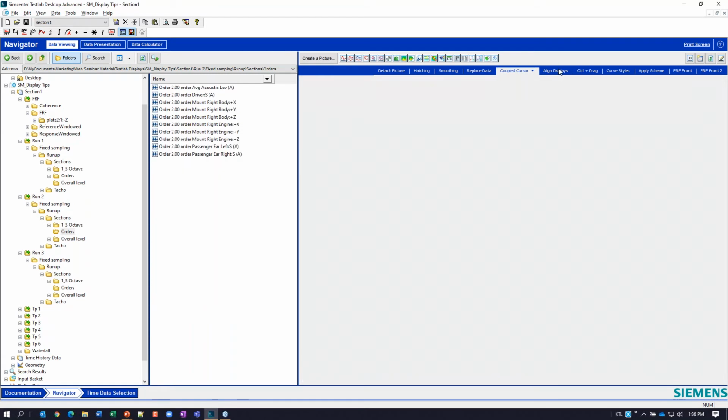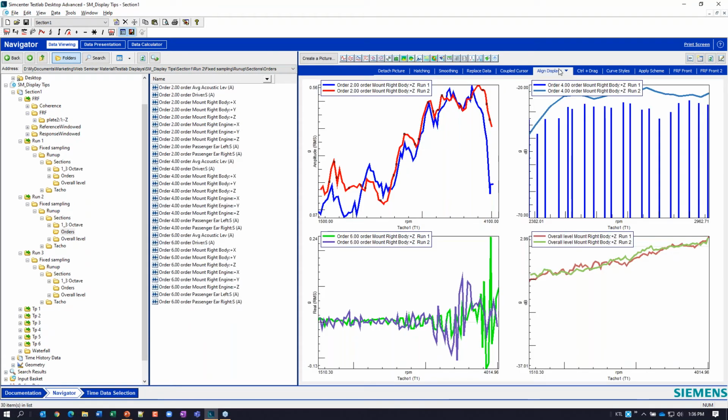To supercharge that, we can use something called align the whole display. So in this case, I've got 4 plots here, and I've got all kinds of stuff that's different, okay? I took extra effort to make it this different in terms of line types and colors and axes and everything else. But I'm going to show you how you can get to one-click, one-stop shop as far as clicks go.